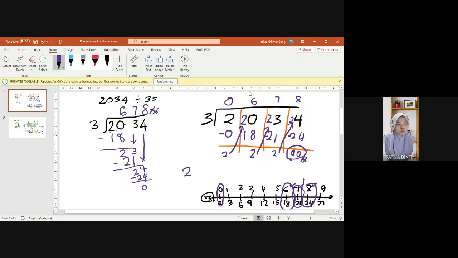For example, 2 remainder 6. Ini kena tulis. Kalau ada remainder, you need to write down the remainder. Okay, kalau tak ada, then just 2. Kalau tak ada, 2 sajalah, tak ada remainder. Okay, faham tak? Okay, so this is the answer for the normal division, long division, and also the fence